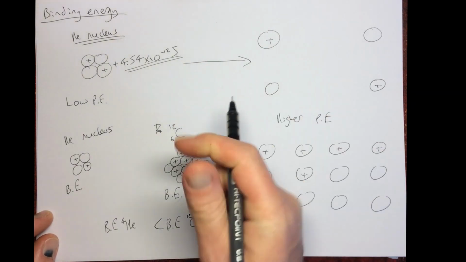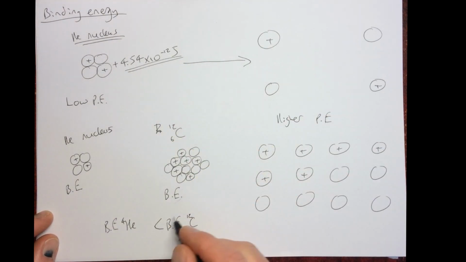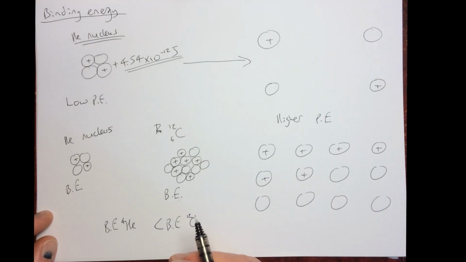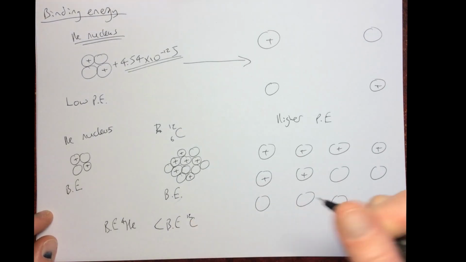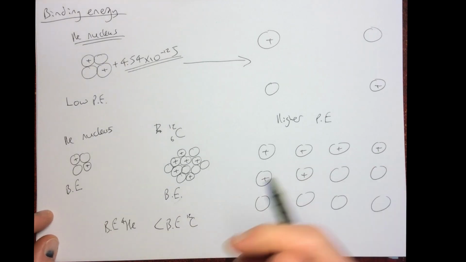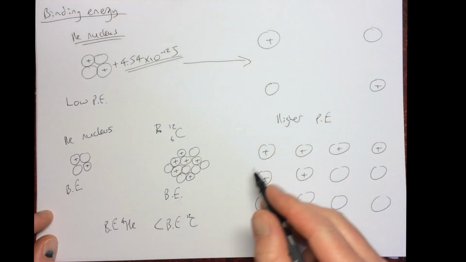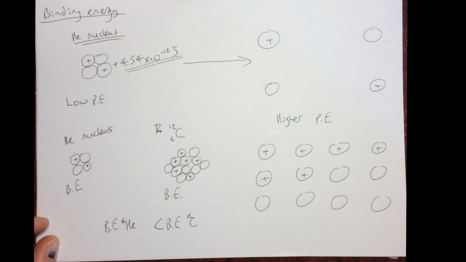Each nucleon requires some energy, there's more of them, so in total the binding energy is going to be greater for a bigger nucleus. So the bigger the nucleus, the bigger the binding energy, okay? Because the more nucleons there are to pull out, the more total energy required, the higher the total energy required to pull all these nucleons apart into their individual constituent components, okay? So that's binding